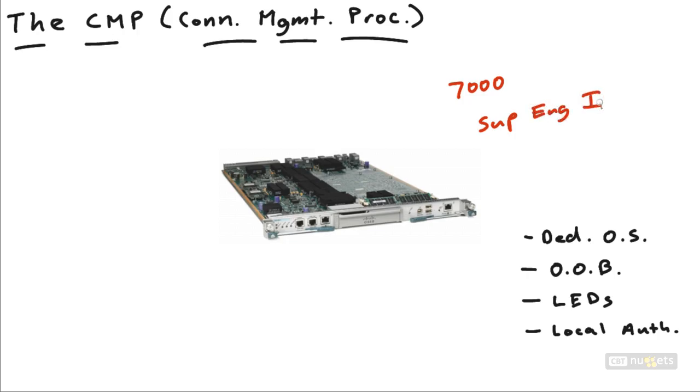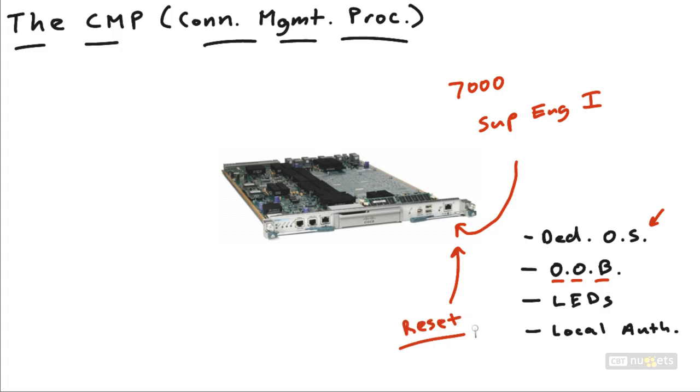1, then you have over here on the right-hand side of your supervisor engine, you have the Connectivity Management Processor port, or the CMP. The CMP was an interesting concept, and it's kind of curious that Cisco abandoned this concept. Have your dedicated operating system running here for complete and total out-of-band management of the device. You could connect to this particular port and you could initiate a reset of the entire Nexus device, and you